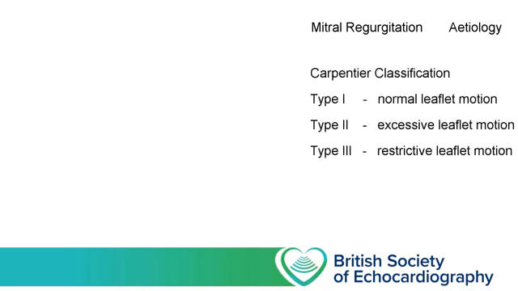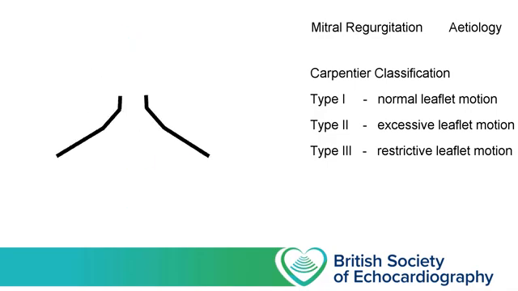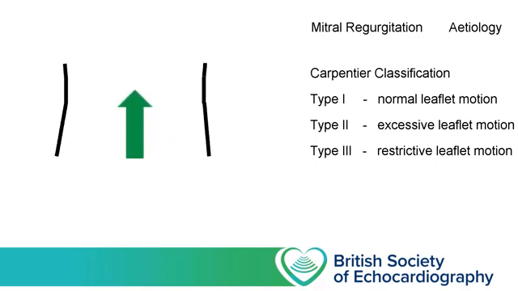Another way to consider mitral regurgitation etiology is using the Carpentier classification. This classification system breaks down the causes of MR as to whether or not they cause normal, excessive or restrictive motion of the mitral valve leaflets. This way of conceptualizing the causes of MR is relatively straightforward for the level 1 sonographer, because it's usually possible to detect excessive or restrictive leaflet motion on 2D imaging. And in addition, certain patterns of abnormal leaflet motion produce characteristic patterns of the MR jet as seen on colour flow. We'll take a look at a number of examples of each of these types in a second,